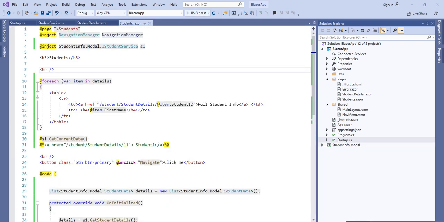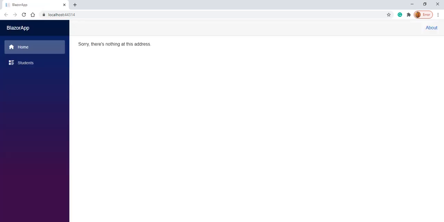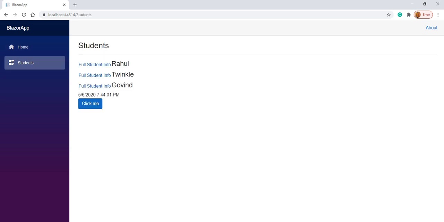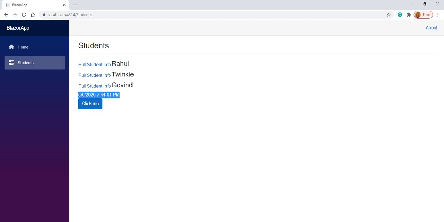So let's run this application and we will see the time change once, and again it will not change. So that is the use of this singleton. Let's go here and we can see the current time is 7:44:01, and when we go here we can see the time is similar. Even when I load this page, the time will be the same, 7:44:01.